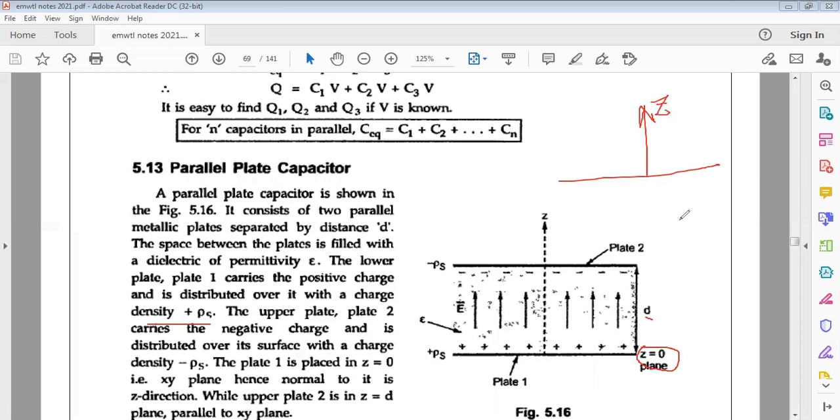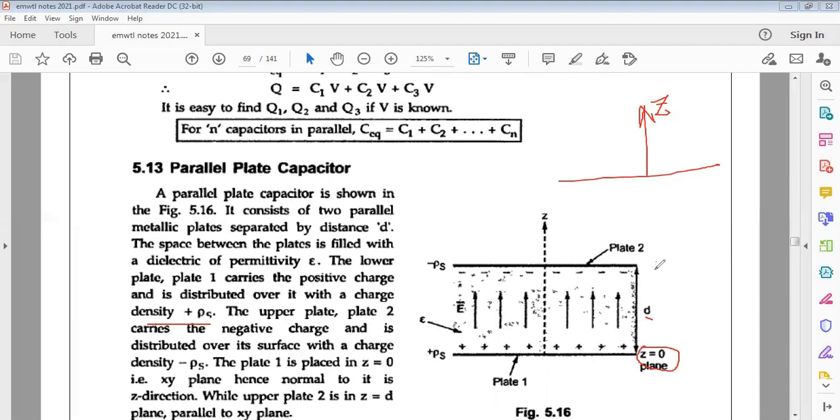Means the differential surface area normal to the Z direction. That differential surface area is in the XY plane only. Okay, the XY plane has a normal in the Z direction, while the upper plate, plate 2, is at Z equal to d,